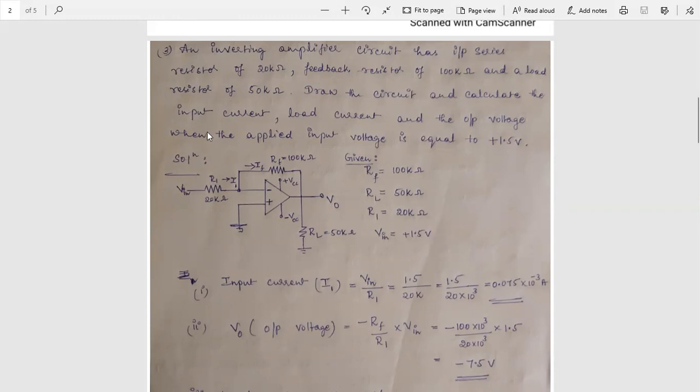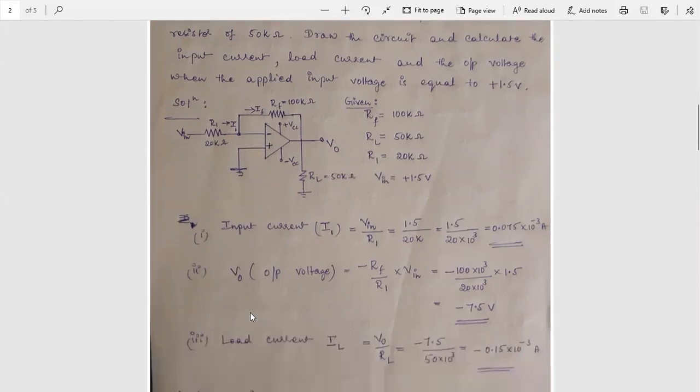So now input current I1 is equal to Vin by R1. Vin is 1.5, R1 is equal to 20 kilo ohm. So 1.5 by 20 into 10 to the power 3 is equal to 0.075 into 10 to the power minus 3 amps. So next output voltage V0 is equal to,